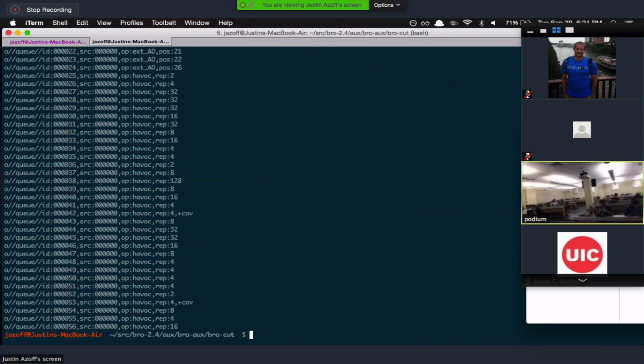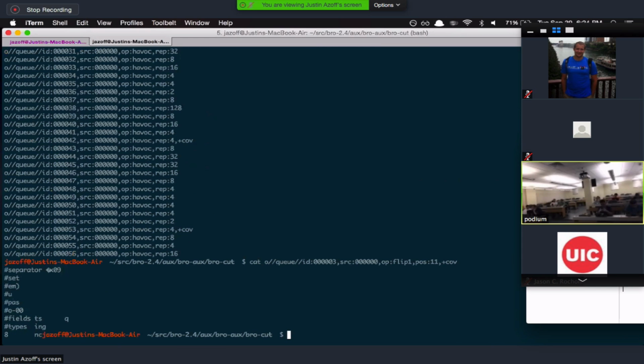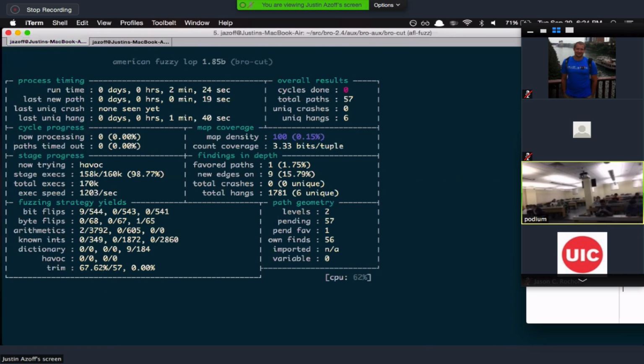So in this queue directory, there's all these different inputs that it's going to be working through. Every time it finds something that affects it, I think it uses that as a starting point for making more changes. Oh, and I just realized, yeah, I'm using the,